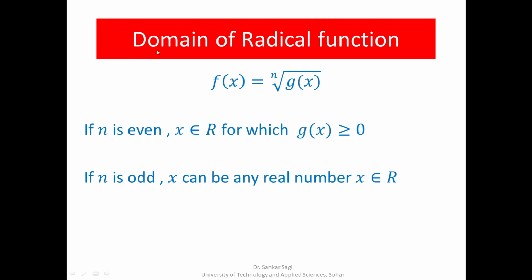So we are finding the domain. The domain is nothing but what values you can take for x. x is always in the domain, as we have seen. f(x) is the image of x. So what x values can you take when n is odd? Any x value from the real numbers. So the domain is complete R. Just like polynomial functions, the domain is R when n is odd, and when n is even, for a radical function, the inside of the root should always be non-negative, that is greater than or equal to 0.